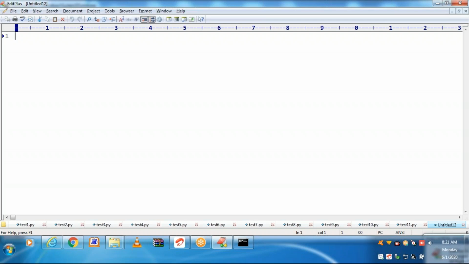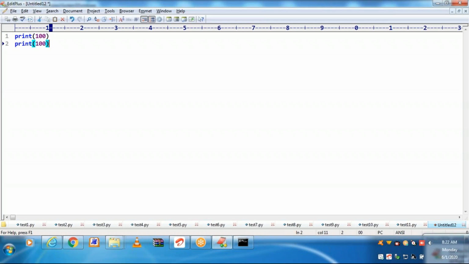90% of our logics we can get through built-in functions. Compared to other programming languages, Python has several built-in functions. Because of these built-in functions, we can develop any logic very quickly. Let us see one of the very important built-in functions. Let's go for print 100. This print is a built-in function.